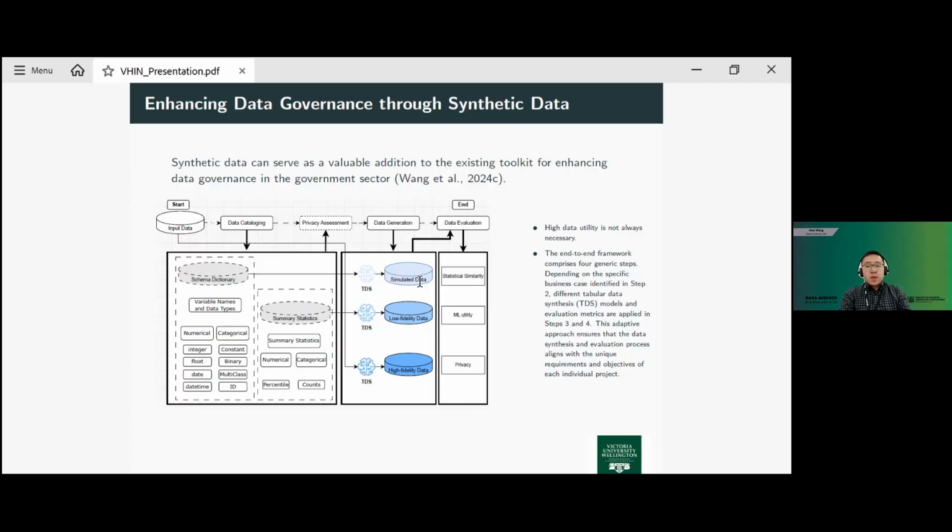So for example, let's start with simulated data. If you have a schema dictionary of your real data set, you can just simulate data from the schema to generate synthetic data, or what we call dummy data. Basically, the variable names are the same as the real data, and the data types are the same as the real data, but it doesn't contain any detail level information of the real data, because as you can see here, you don't even need access to real data to simulate the data. So there's no privacy issue. And that kind of data is very useful for code development, for training,